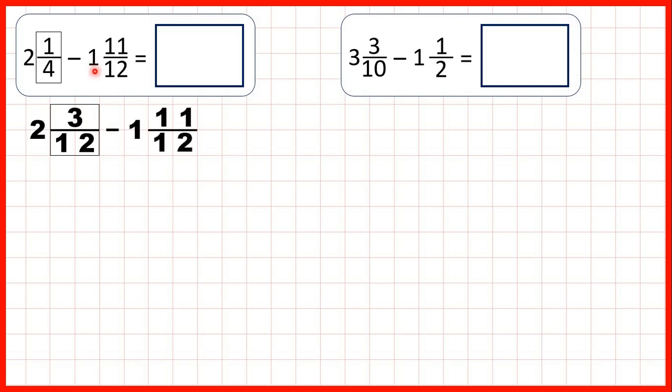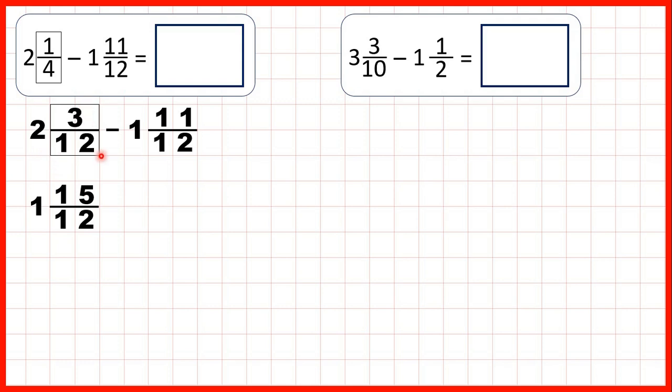But we need to subtract 1 and 11/12, so the fraction in our subtrahend is larger than the fraction in our minuend. So what we can do here is exchange 1 whole for 12 more 12s. So 1 less than 2 is 1, and that gives us 12 more 12s, so we can add the denominator to the numerator. 12 plus 3 is 15, the denominator stays the same, so 1 and 15/12 is the same